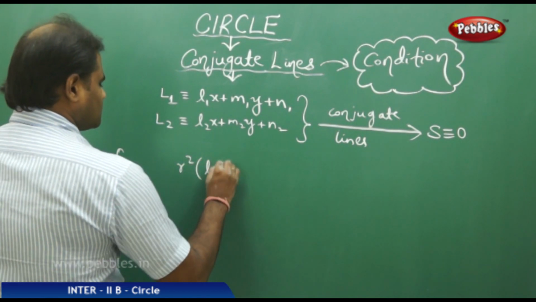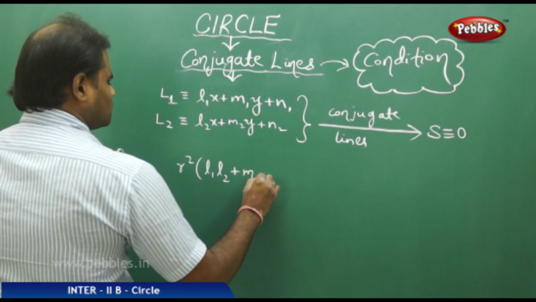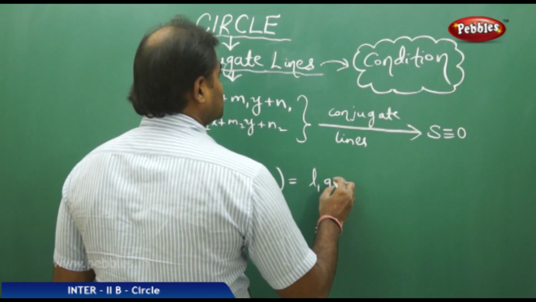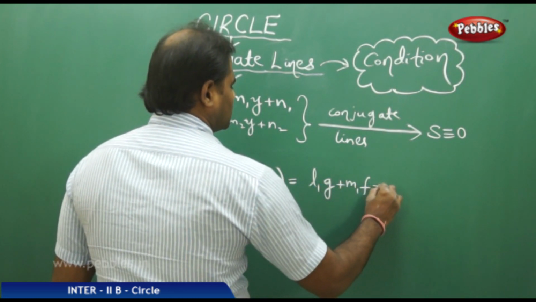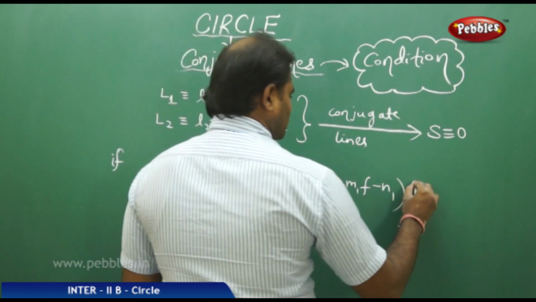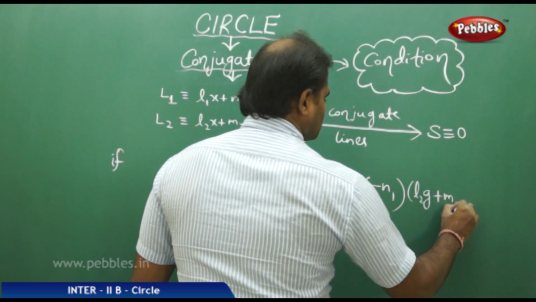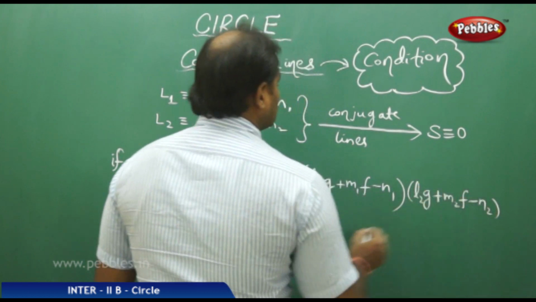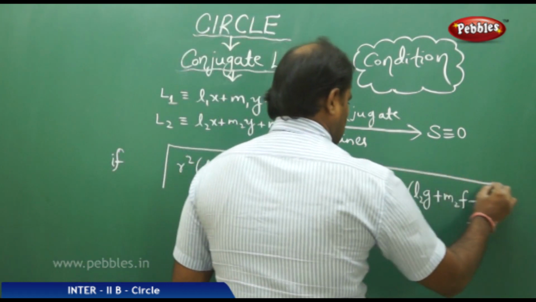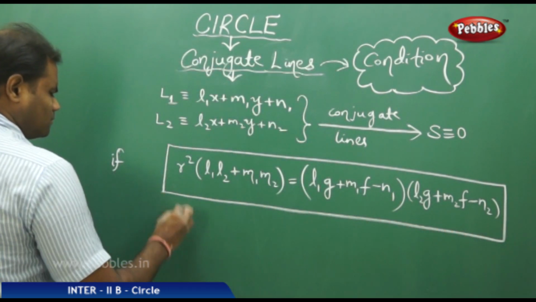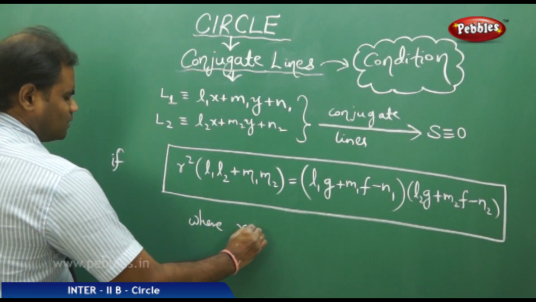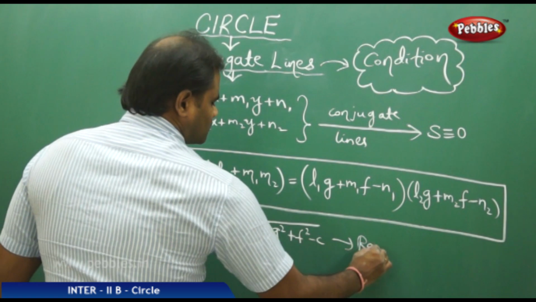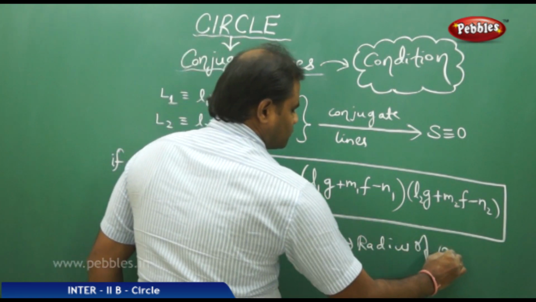r squared times (L1 L2 + M1 M2) is equal to (L1 G + M1 F − N1)(L2 G + M2 F − N2), where I have R as root of G squared plus F squared minus C, which is the radius of